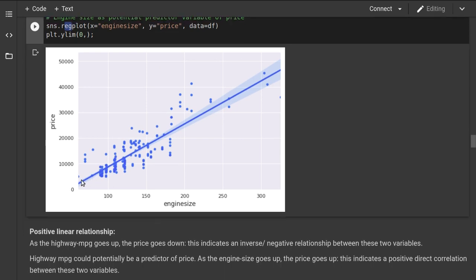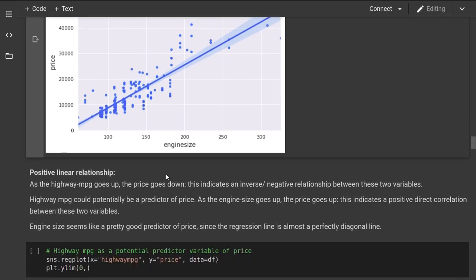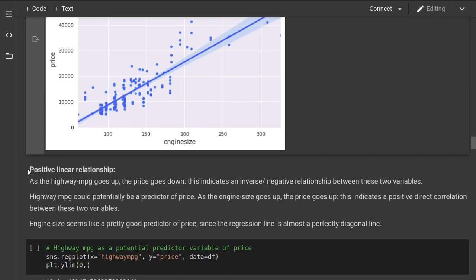As you can see, this regression plot is going from 0 to a high value. It is increasing, if x increases, the y also increases. It is going up in that format. So it shows us the positive linear relationship.